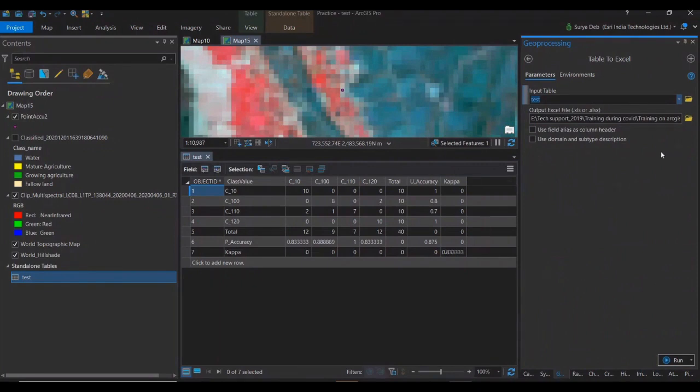Wherever you want to save your table, run it and open it in Excel and show it to the customer. Then they will understand the total way how we collect the training samples, how we classify, and after classification, how I do the accuracy assessment.